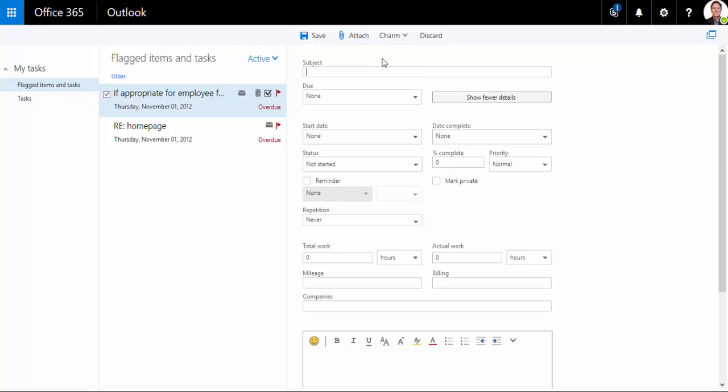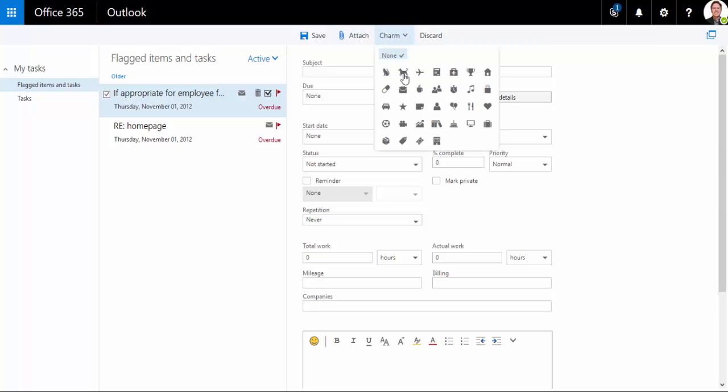Now if you're just utilizing this and none of the other Office 365 applications, I want to keep a few tasks in mind because I have some goals, some things I'm wanting to complete. It's exactly where I would go within the task application. I would go ahead within here. Of course, as you can see here within the launch bar, add in some charms